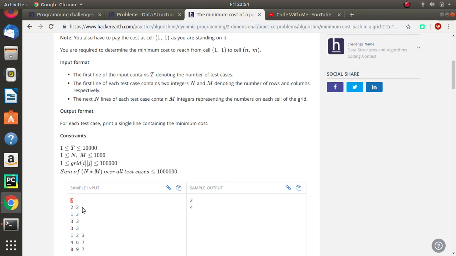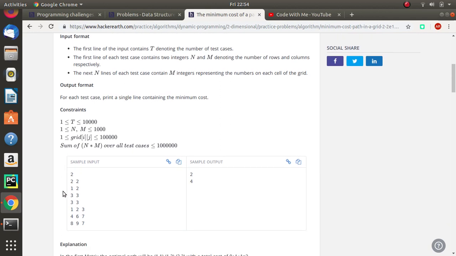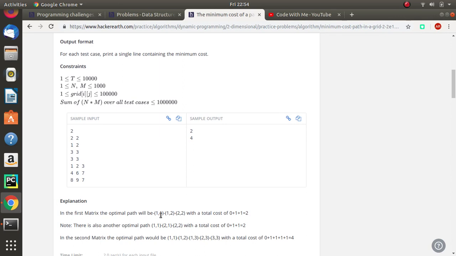There are two test cases. In the first one, n and m are 2 cross 2, so our matrix is 1 2 3 3. We have to go from 1 to 3. There are two paths, 1 2 3 and 1 3 3. They have given the optimal path as 1, 2, 3. The total cost will be 2, because for 1 it's already 1, so we don't need to pay anything. For 2 we can divide it maximum once, by only 2, and for 3 we can divide it only by 3. So total cost will be 0 plus 1 plus 1, which is 2. We can also go by the other path, and it will give the same result.